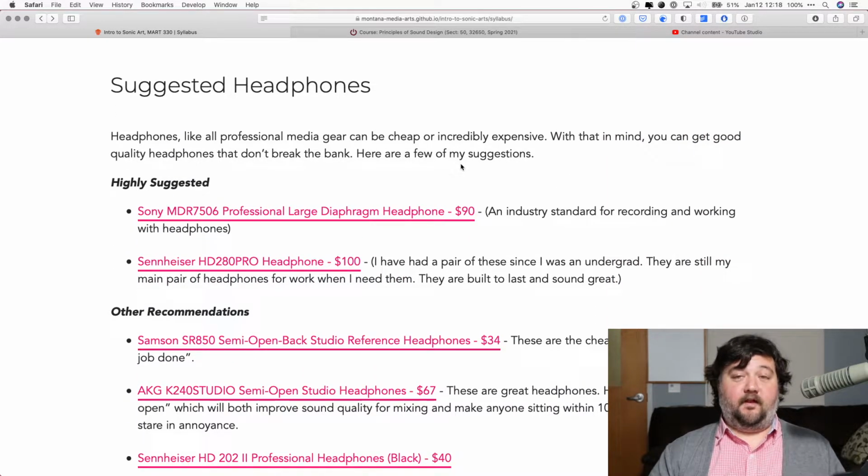On the syllabus, I have a number of suggested headphones. If you've got questions about your headphones, please feel free to touch base with me about them. In general, I would encourage you to get a pair of headphones that does not include noise cancellation. I love noise cancellation headphones, and they have a place on airplanes, on trains, in cafes, when you're in a noisy place and need to try and kind of center into yourself. But they do some funny things to the audio that we don't want you trying to work through for this class. So I would encourage you to get a secondary set of headphones.